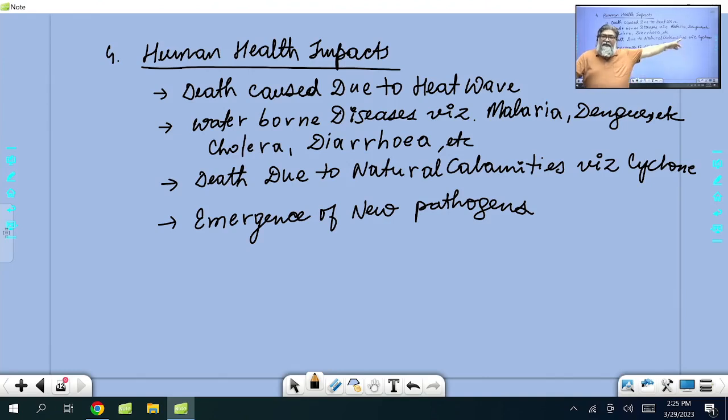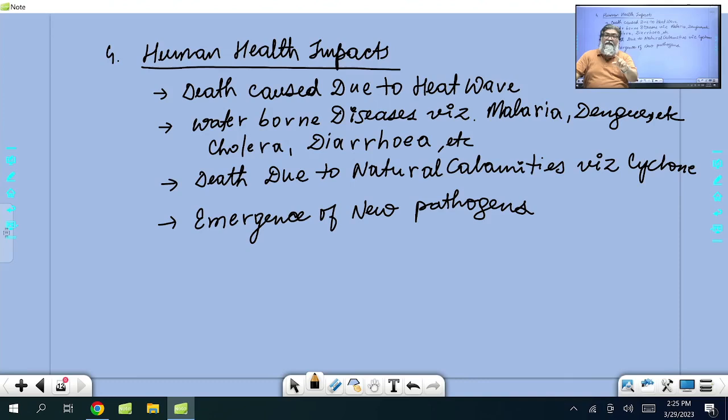When there is wildfire, remember that there is a forest fire, the animals will come out of the forest and man will get in contact with the animals. Zoonotic. What is zoonotic disease? A disease which gets transmitted from animals to humans. They come from animals to humans. Animals are the host of virus. And when the animal comes in contact with humans, humans will get the disease.